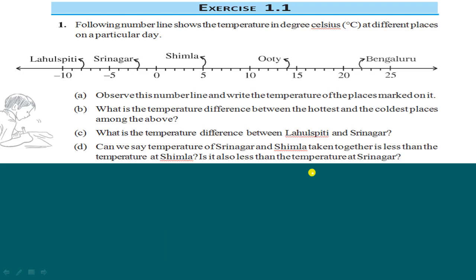Hello everyone. Today I shall discuss exercise 1.1 question number 1. Question number 1 is given. The following number line shows the temperature in degrees Celsius at different places on a particular day. You see here,